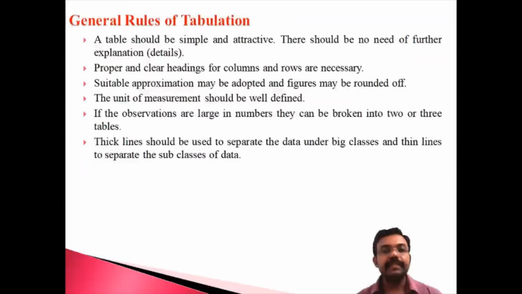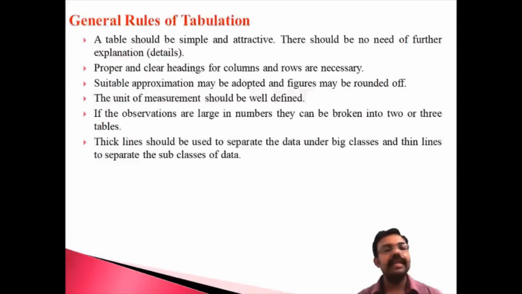And nowadays we are using the APA style format. We can explain the concept in the next classes. We are using the APA style format. That means always using horizontal lines. There are no vertical lines in the APA styling; it only represents horizontal lines. So if you are following the APA styling, the horizontal lines are essential for your table. There are no vertical lines. So these are the essential rules for tabulation.